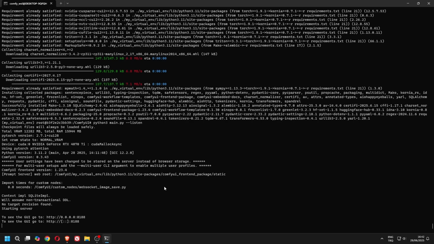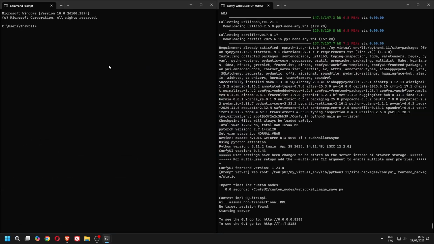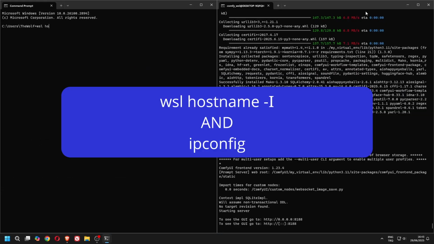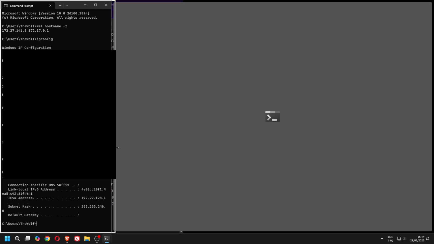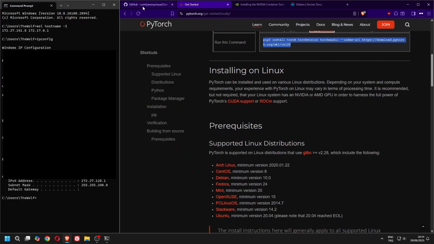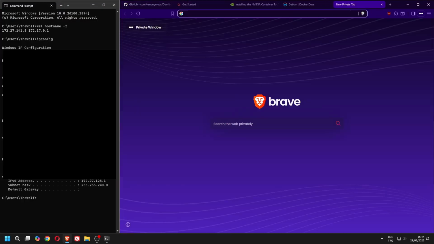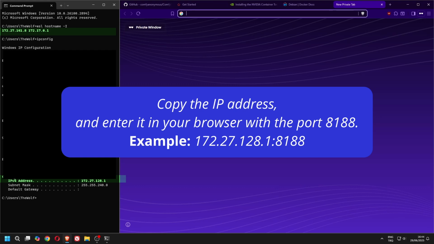To access it from your browser, you need to find WSL's IP address. Open another terminal and type these two commands. Try the IP addresses I highlighted in green color in the video, one by one.